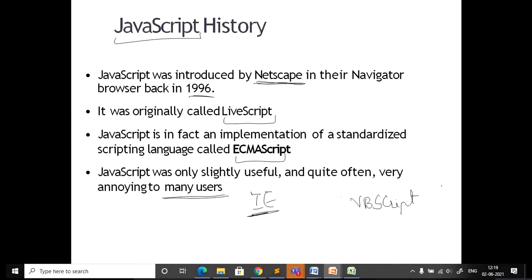In such cases, they used a different scripting language, like VBScript, where JavaScript was not supported. JavaScript is also sometimes termed JScript.